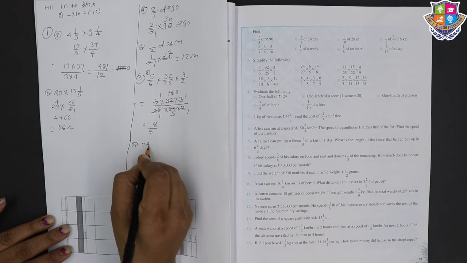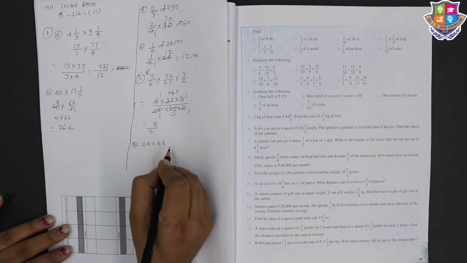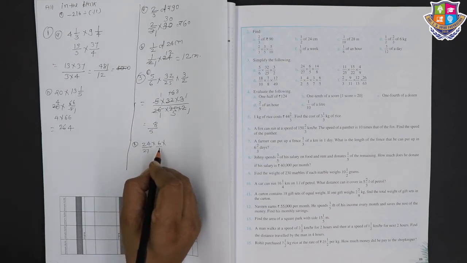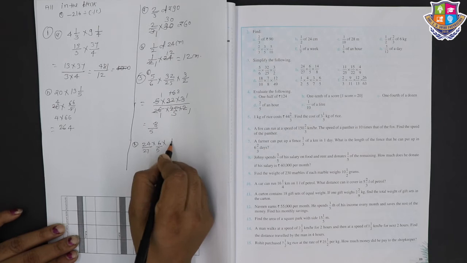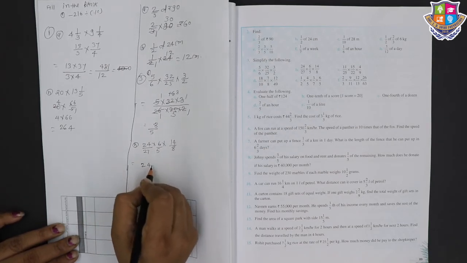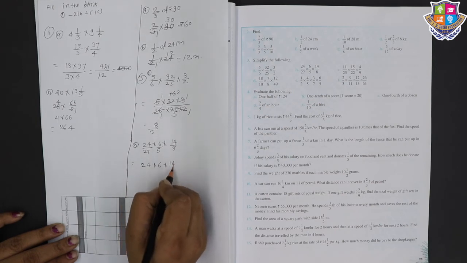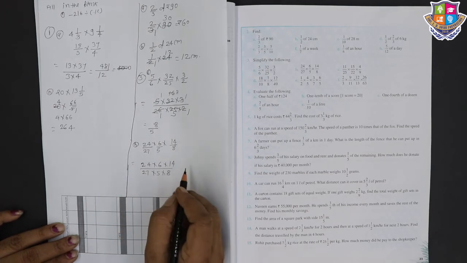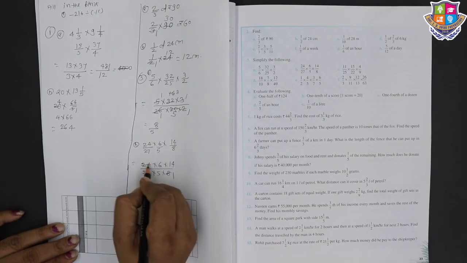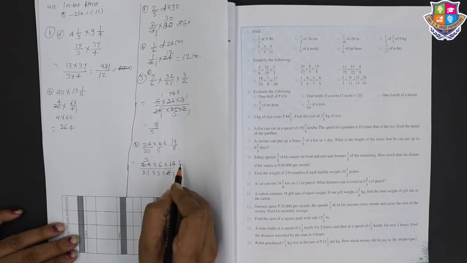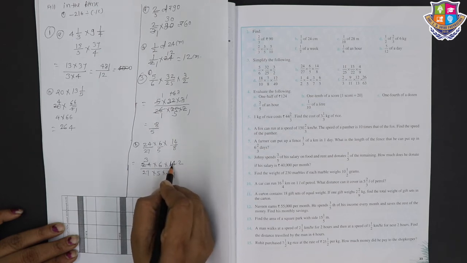B is 24 upon 27 multiplied by 6 upon 5 multiplied by 14 upon 8. Okay, now do the multiplication of numerator. 24 multiplied by 6 multiplied by 14 and divided by 27 multiplied by 5 multiplied by 8. Okay, now see, 8 ones are 8, 8 3s are 24, then 7 2s are 14. No, it can't happen, so you have to write 14 again.